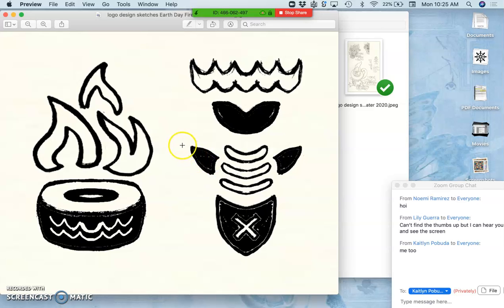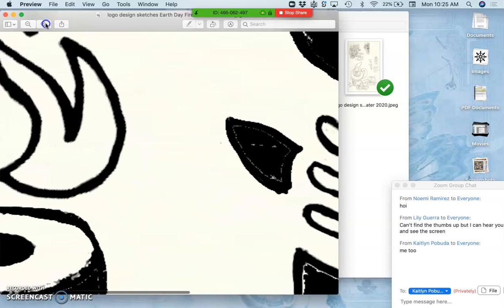These can be sketched in a sketchbook. You can see how rough these are. These are raster images. You can see the